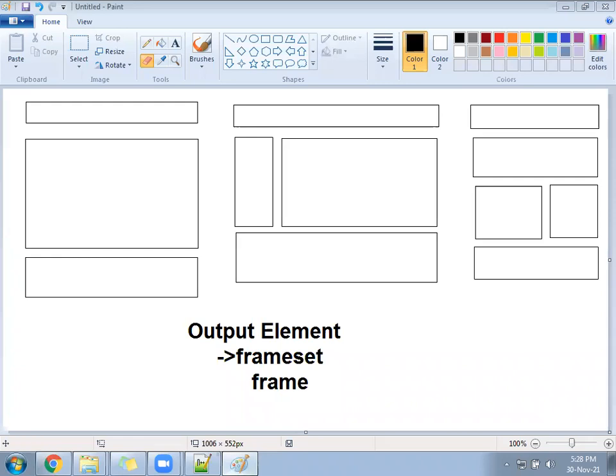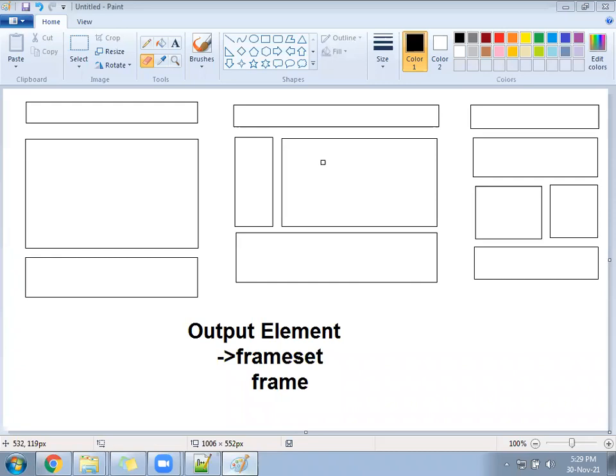Okay. Next, we will work on the second design. The second design says in one page there will be total how many rows? 3 rows. The first is 1, last is also 1, middle is also a row. The middle row is divided into 2 columns. Correct. So in total we need one header, one footer, one welcome for the right side, and one page called left for the left side. So total how many blocks? 1, 2, 3, and 4 blocks.